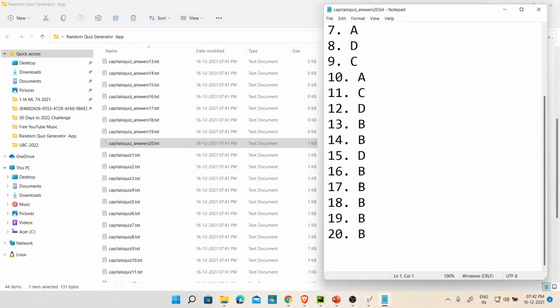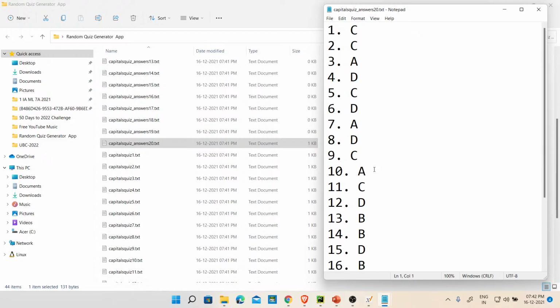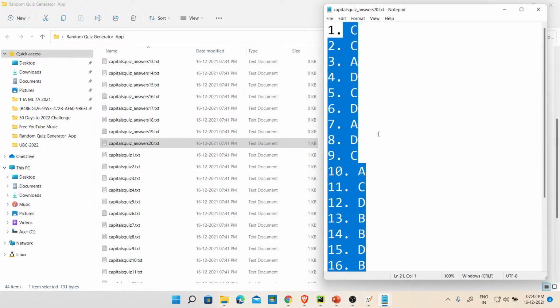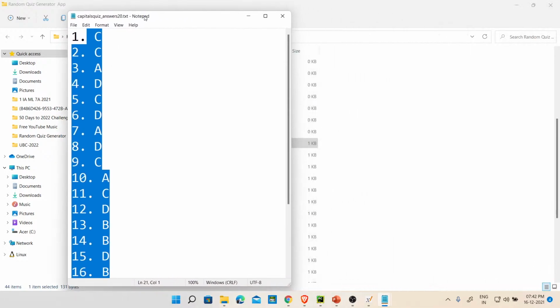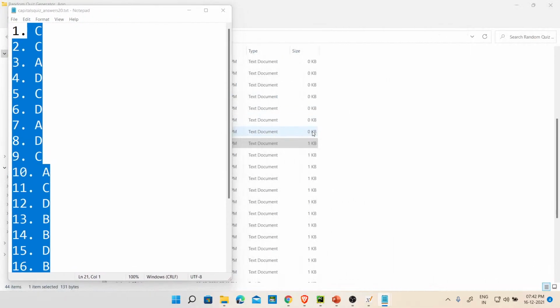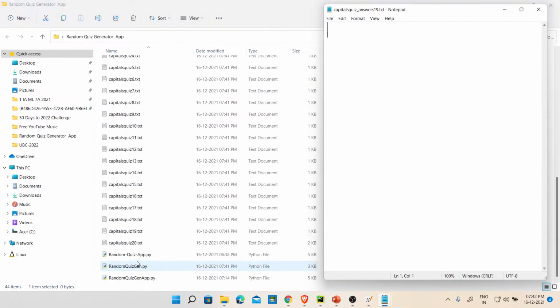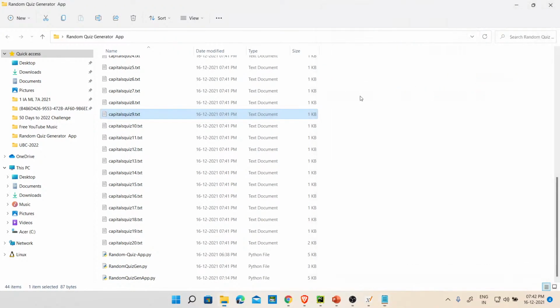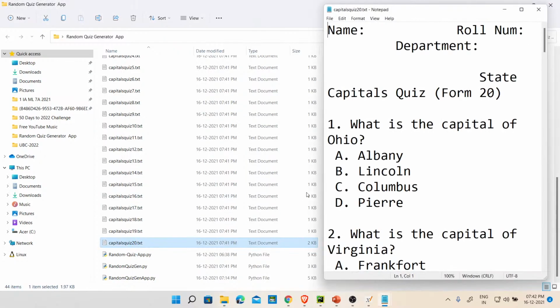So if you see, the answers are appearing. You see, guys, the answers are appearing. Okay, C, C, A, D, C. So for the first one, yeah, I'll need to play with the for loop, because these answers are actually correct, but what are the questions? So let's compare them side by side. I will go to the 20th question because here nothing was written inside. It wrote it inside the last one, so I will just see this.